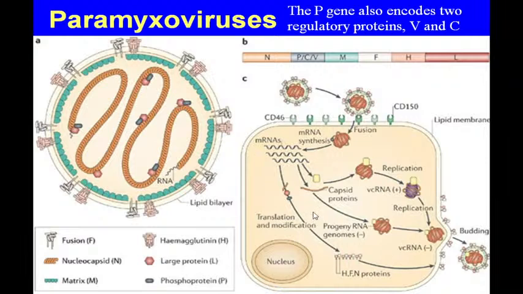So then, the whole process occurs in the cytoplasm. They don't need to enter the nucleus. So mainly the RNA viruses multiply in the cytoplasm. And only influenza virus, and also some very few others, give us an exception. So the whole process occurs in the cytoplasm, and the mRNAs will be translated into several proteins.